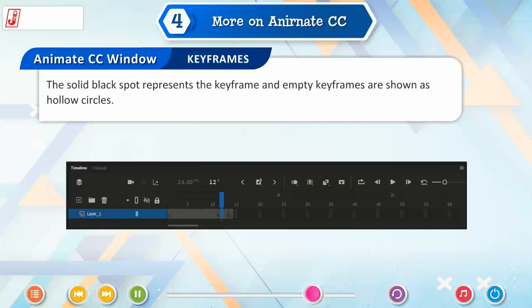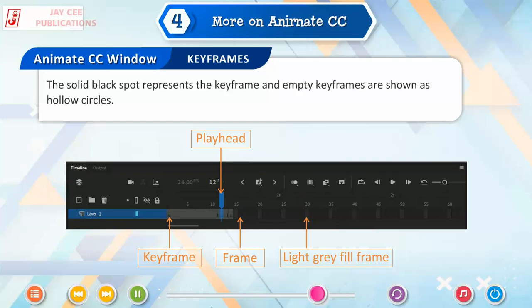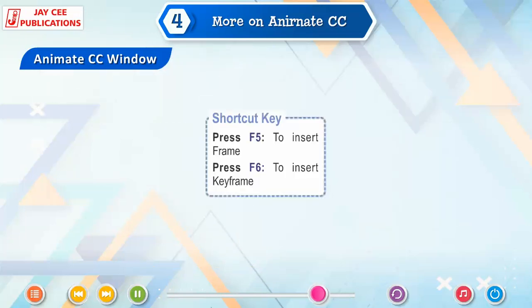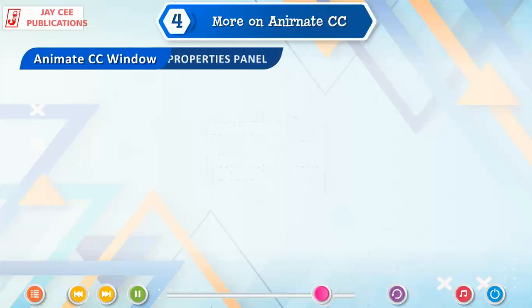The solid black spot represents the keyframe and empty keyframes are shown as hollow circles. Keyframe, playhead, frame, light gray fill frame. Shortcut keys: press F5 to insert a frame. Press F6 to insert a keyframe.